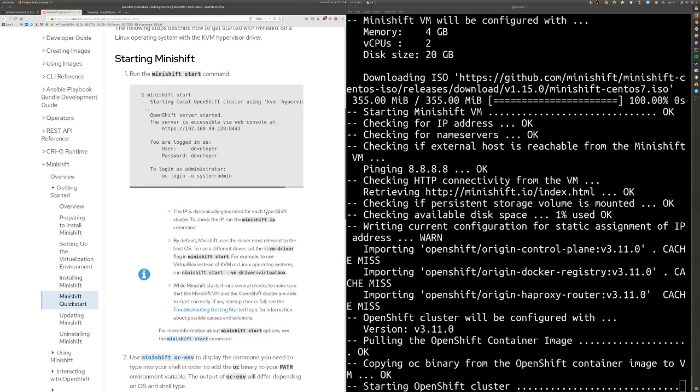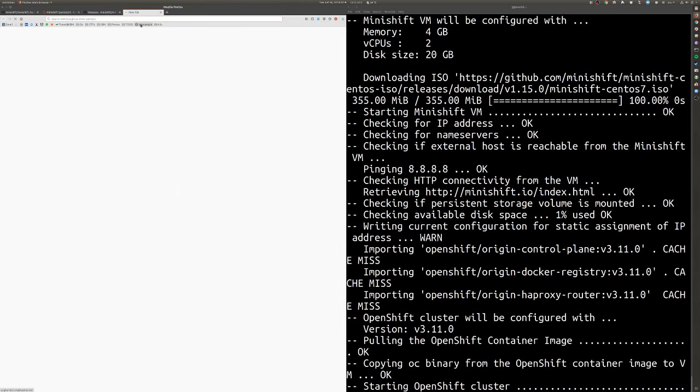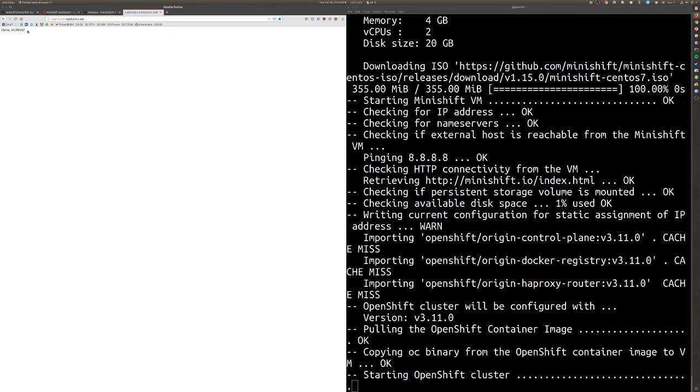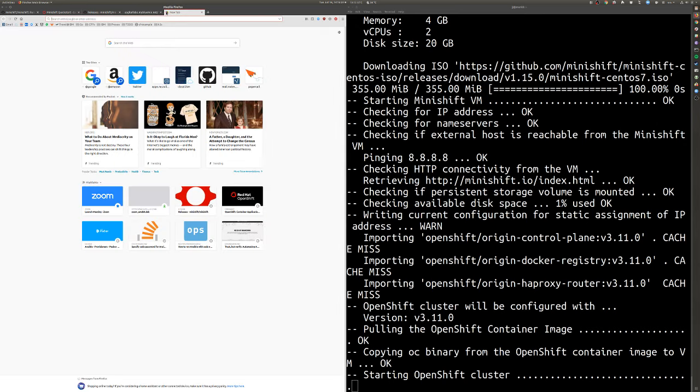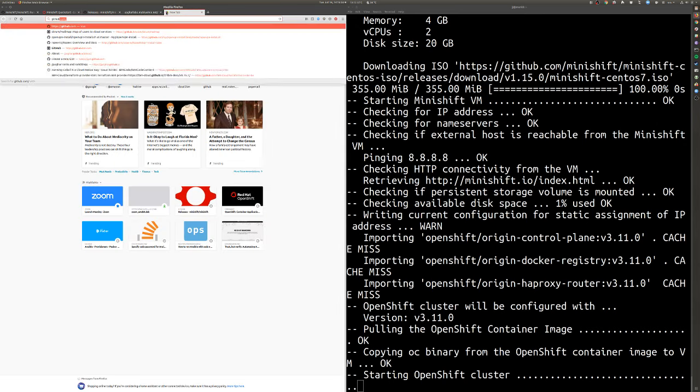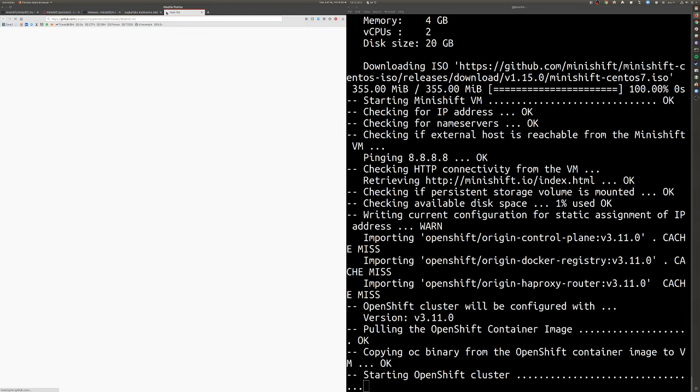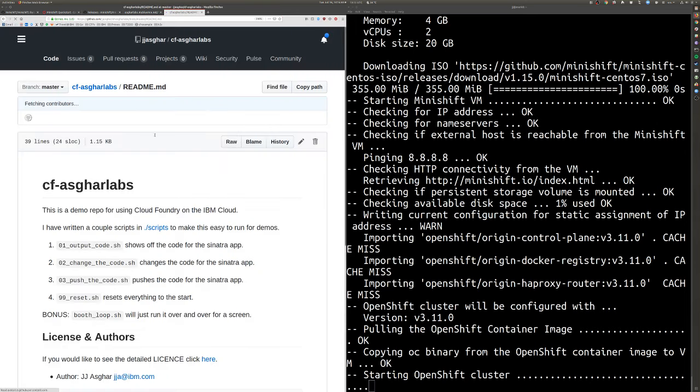I have a little Cloud Foundry application off of Bluemix. GitHub.com/DJI-star. What did I call it? CF Labs. Here we go. So it's just a very small, basic